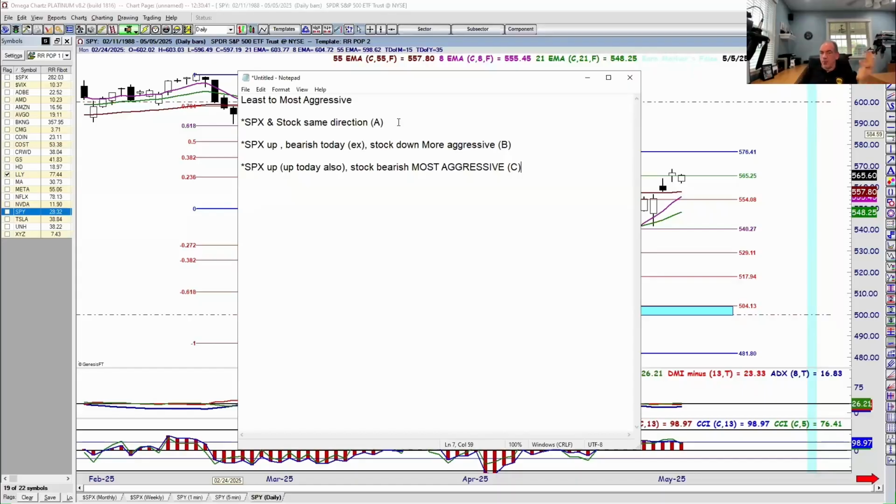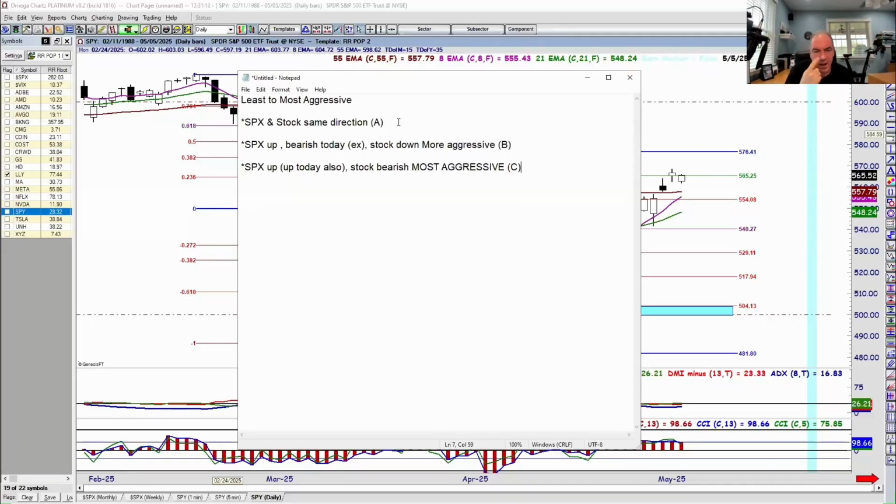S&P is up, B. S&P is up, but it's bearish today, so it's pulled back a little bit. The stock is down. It's more aggressive, but I'm taking an intraday trade trying to capture the overall momentum of the market. But those, in many cases, are short-lived moves. So when it's falling and it stops, it starts to vacillate, bounce a little bit, it's time to go. What if it drops more? What if it doesn't? You can't worry about the what ifs. You've got to make a stance and say, that's it, I'm pulling the trigger, I'm done. And you walk away.